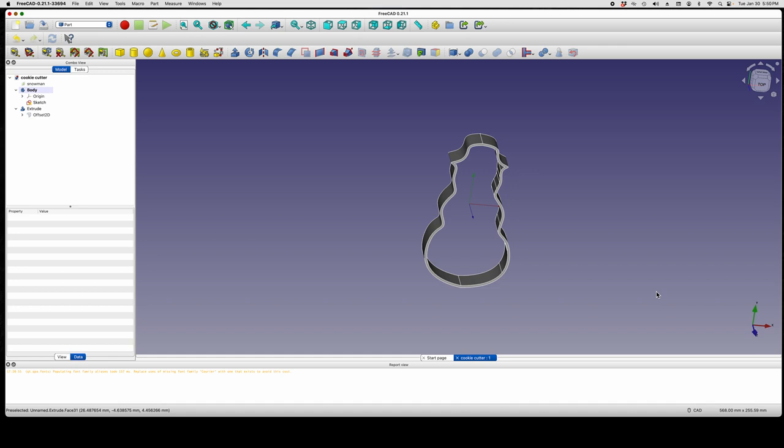So what's next? So what do we do now? We've got our cookie cutter. It's the right size. We've indexed it correctly. We've extruded it, and we've made the cutter. Well, what do we do next? Well, we then